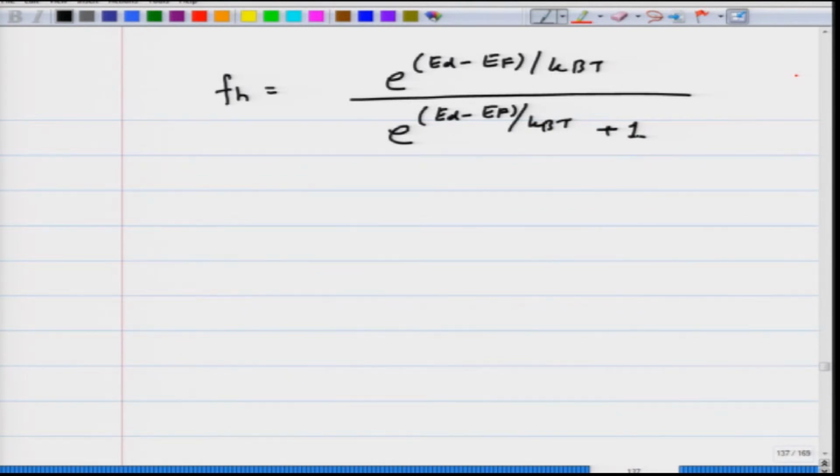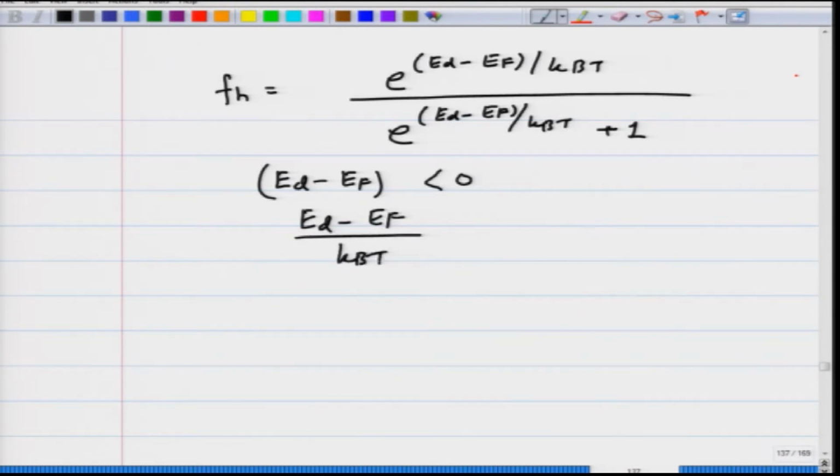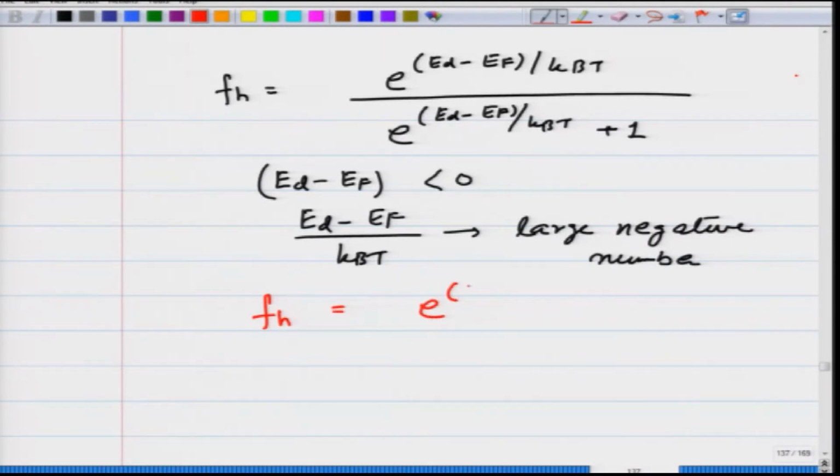Now, we already said kBT is very small and Ed minus Ef is negative, and (Ed minus Ef) over kBT is going to be a large negative number. So, I can write Fh is equal to e raised to (Ed minus Ef) over kBT roughly, and therefore,